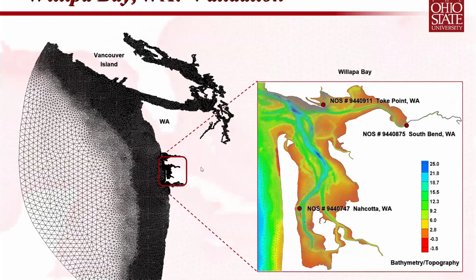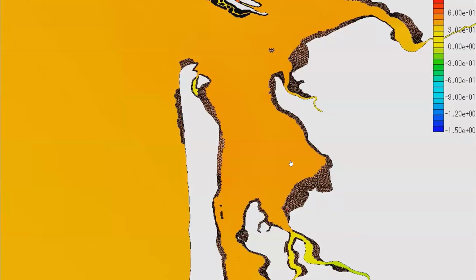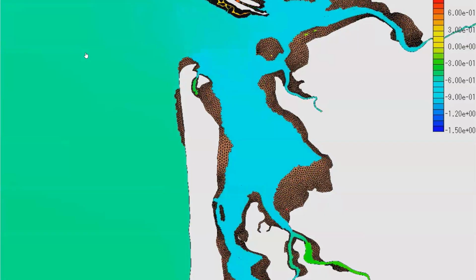For these regional studies, for example, here's one off of the West Coast in the state of Washington, where again, we have some stations where water surface elevation is recorded. And I like to show this one because it has a really large tidal floodplain. This is showing the water surface elevation in colors here, and all the brown areas are where you initially have dry land. Let me just play this and it'll cycle through one of the tides here.